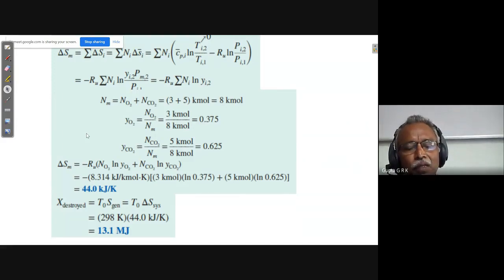Any doubts? You have to be careful whether you put mass fraction or mole fraction. It depends on the properties, right? If you have properties per kilomole, you have to use the mole fraction. If you use the properties per kg, you have to use mass fraction. So here this is Cp bar and this is R bar. That's why I use mole fraction here, because I have the number of moles. And if I have masses, then I have to put Cp only, without the bar, and here I have to use the characteristic gas constant. So this particular thing only you have to be careful about. Any doubts?